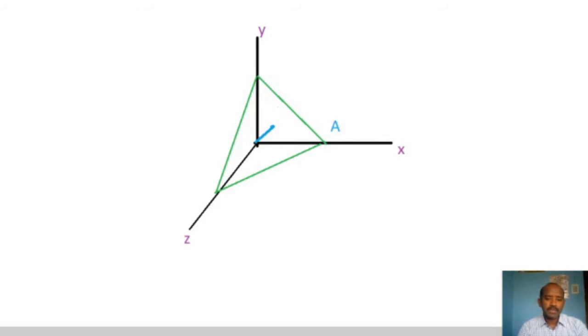First we represent the points A, B and C, where the origin is O and the interplanar spacing is d. And we take the angles: the angle between ON and OA is alpha, the angle between ON and OB is beta, and the angle between ON and OC is gamma, where alpha, beta, gamma are the angles made by this interplanar spacing.